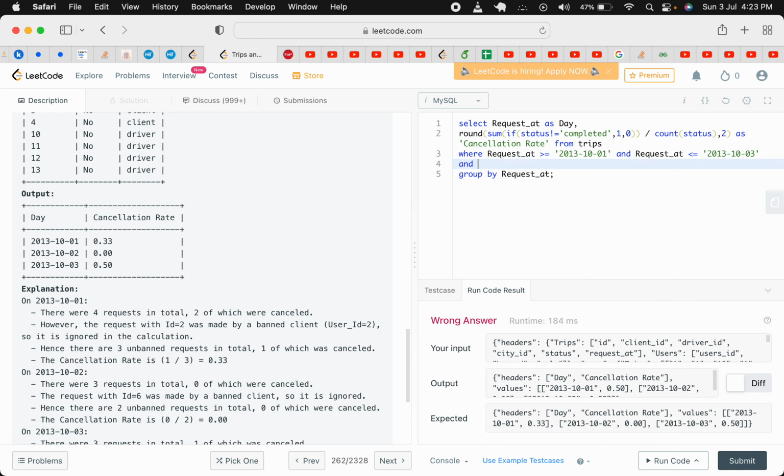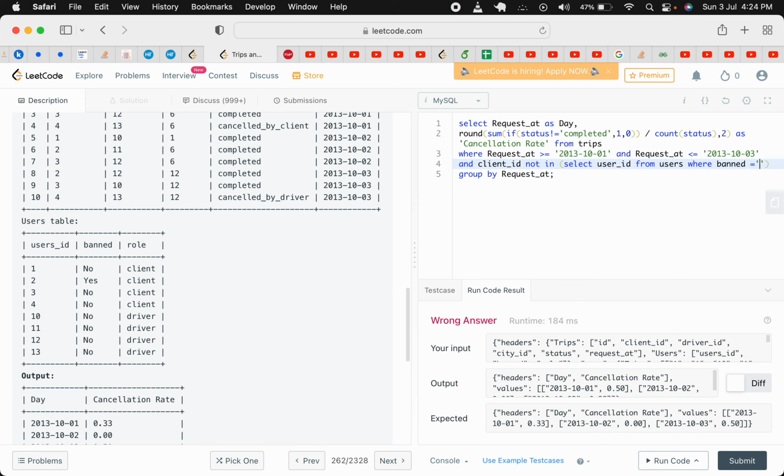and client id not in, and I'm going to do select user id from users where banned equal to yes,